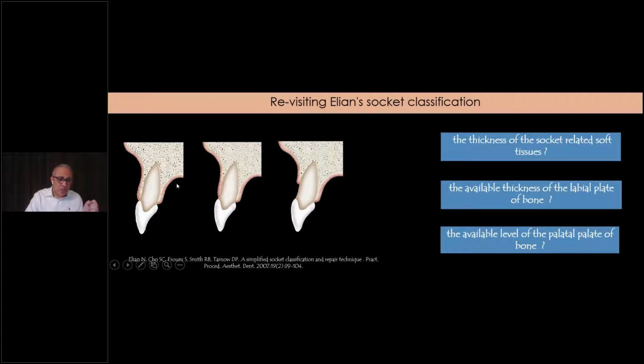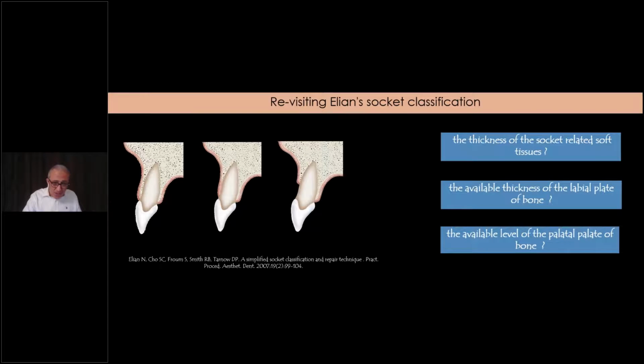I still want to use the classification along with some minor modifications. For example, the thickness of the socket soft tissue, the thickness of the labial plate of bone, and the available level of the palatal plate of bone. That's something that I would love to add to this classification that would enable us to communicate even more precisely and to describe the best therapeutic approach to such sockets.